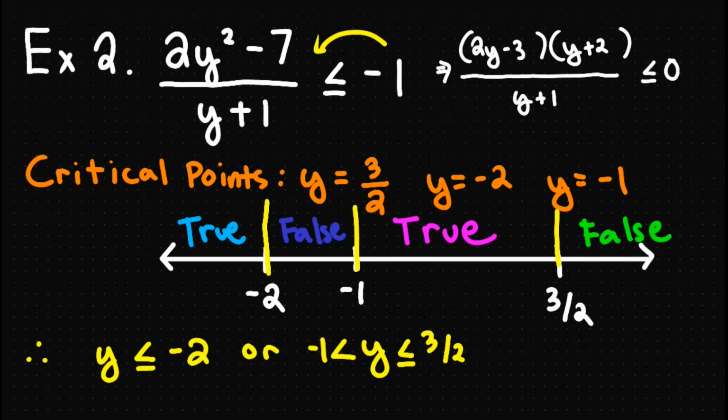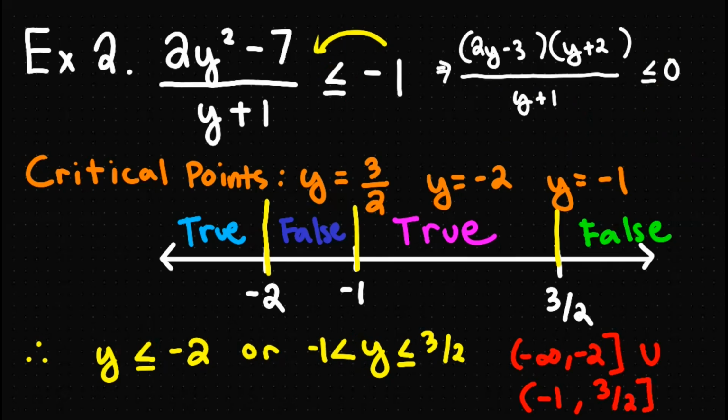In terms of interval notation, we'll have -infinity to -2 with a square bracket, union, a parenthesis of -1 to 3 over 2 with a square bracket. And this one out here is the final answer for this problem. And yeah, we are done. Quite a lengthy process, but to end this one,